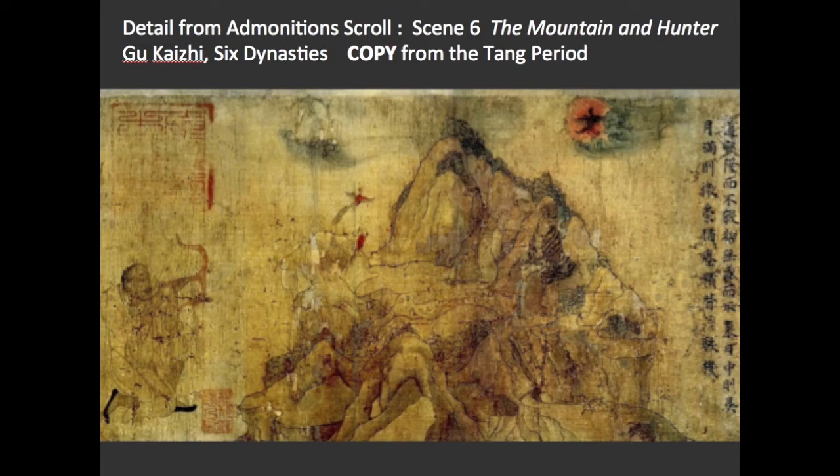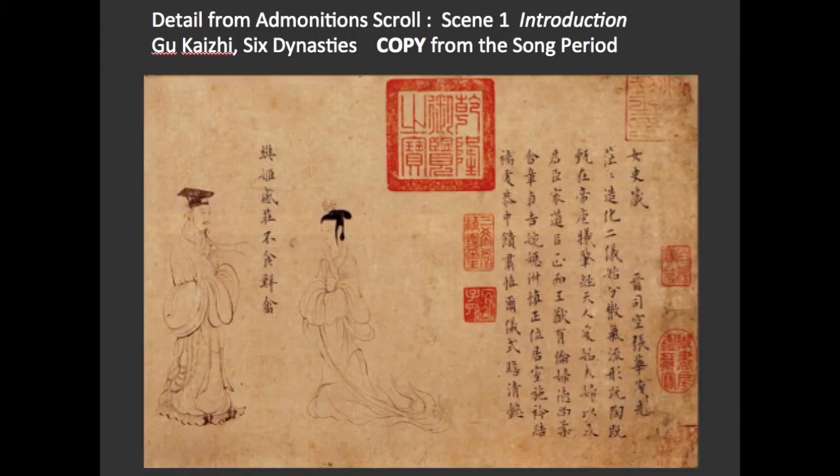Courtly paintings such as these were didactic. That is, they were overtly instructive, and in this case, instructive of the Analects of Confucius, and communicated the importance of humility, modesty, sincerity, and common sense. The Admonitions introduced this first scene. It shows a man and a woman facing each other, indicating a basic theme in this and other paintings. That is, the role of women in feudal society and the proper relationship between a man and a woman.